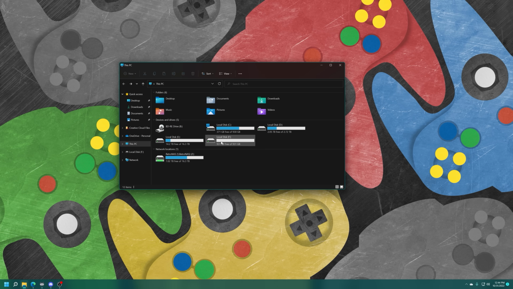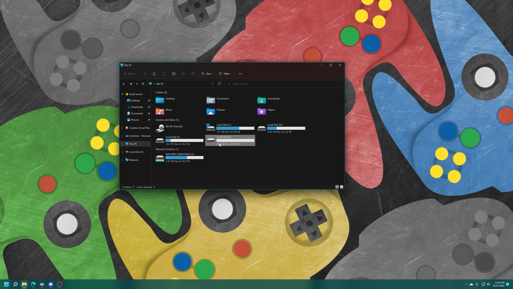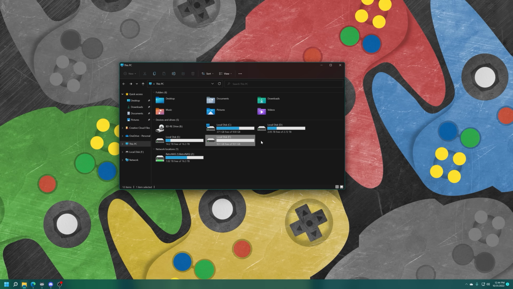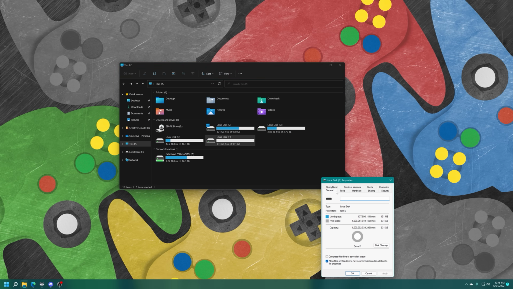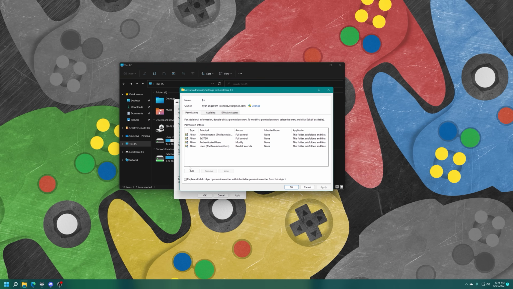But anyway, make sure your drive is formatted as NTFS. If it is not formatted, you can just right-click on it, Format, choose NTFS, Quick format, Start. Okay, done. Once the drive is formatted, right-click, Properties, Security tab, Advanced, Add,